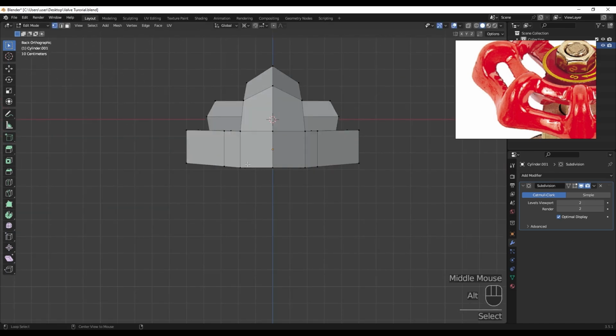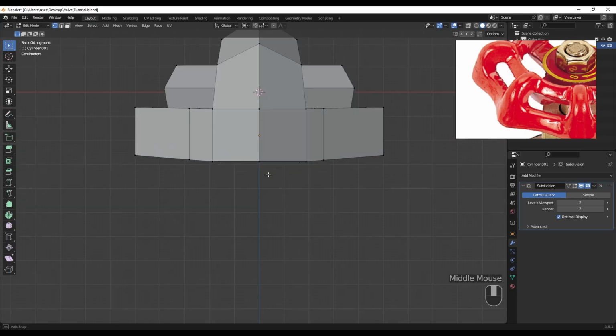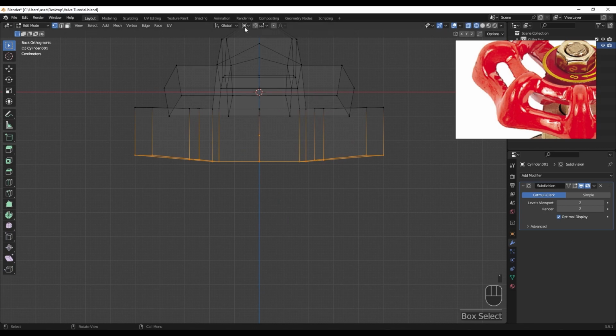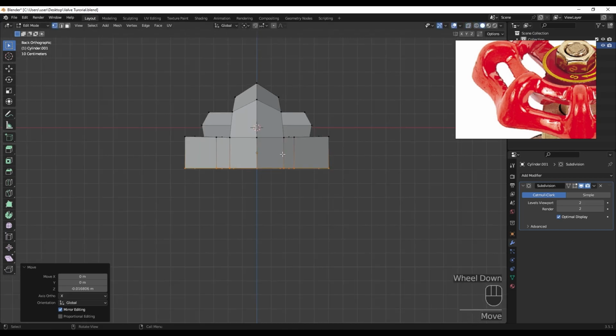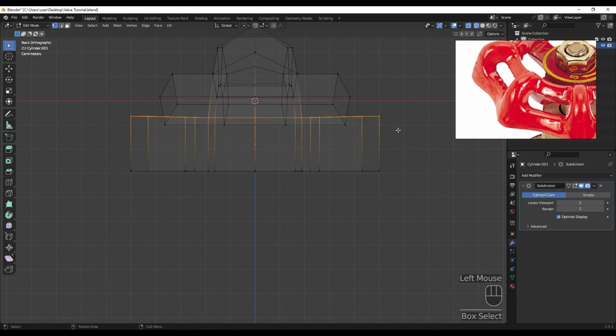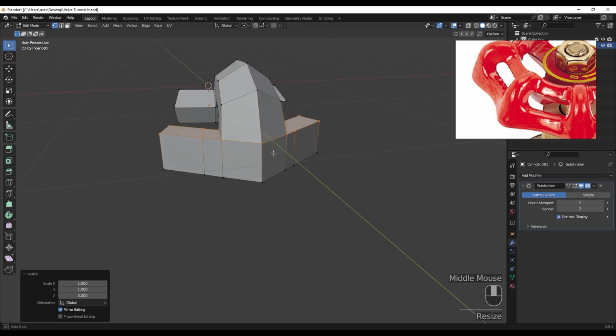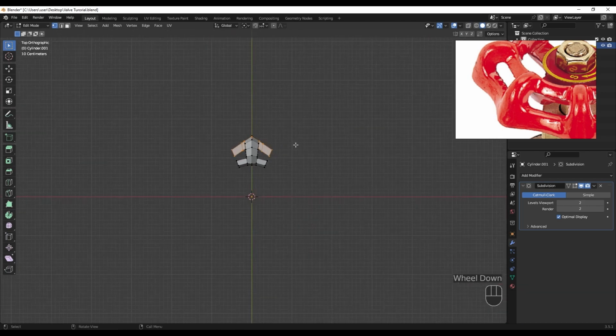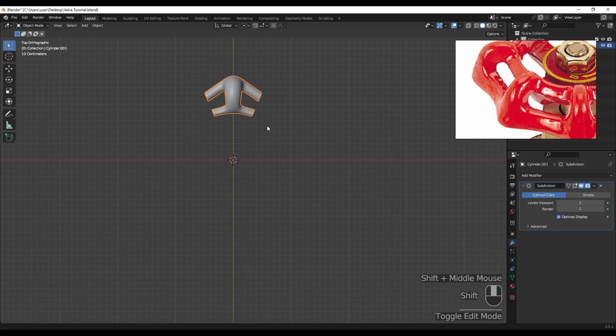All right, I think now we can copy this, but before that let's make this flatten. Put this on boundary box and S, Z, and 0 to make it a perfect flat vertices. Also, we can do this from these vertices. So S, Z, and 0. And here we go. So now we can copy this, go back to object mode and select this object, press